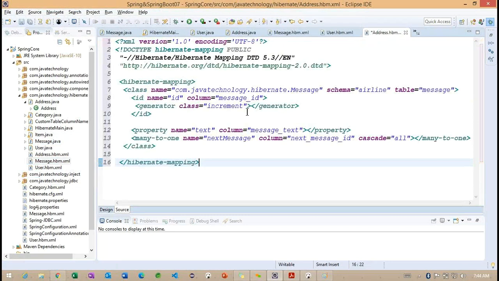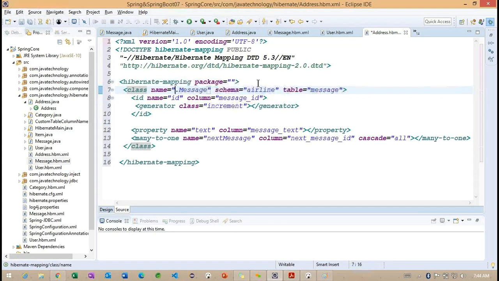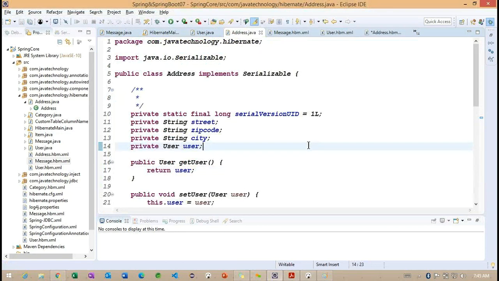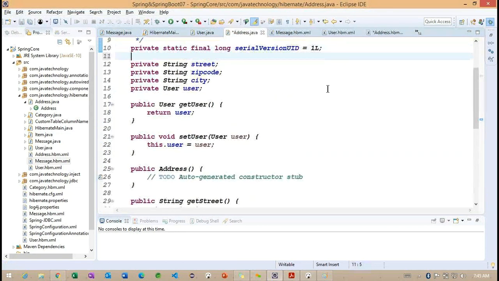I want to copy this particular mapping information into this particular address file. Change the package to address, and provide the address information.